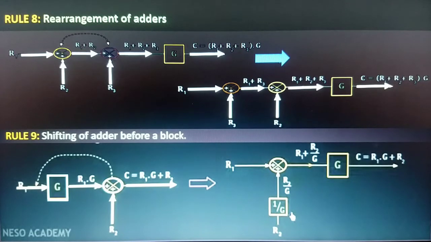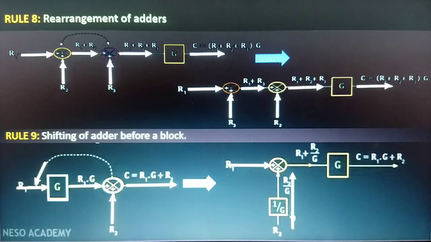Now if you want to shift this adder before this block, then we need to make some changes, and what are those changes? Consider this block diagram representation one more time, in which we have shifted this adder before the block. Now the input of this adder is R1, and the second input is R2. So the output of this adder will be R1 plus R2, and this is having the gain,